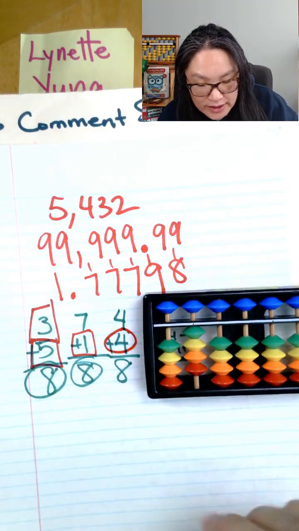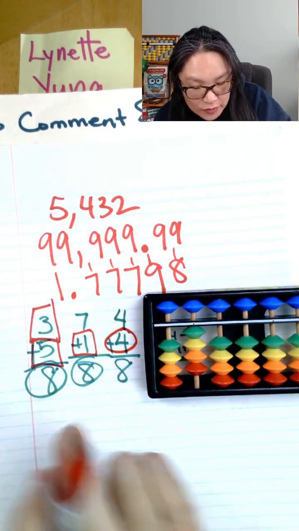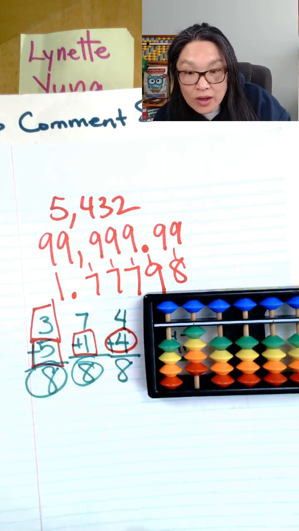Well, if you notice, we have 4. This is the first one. We have the 4. Now in the second one,